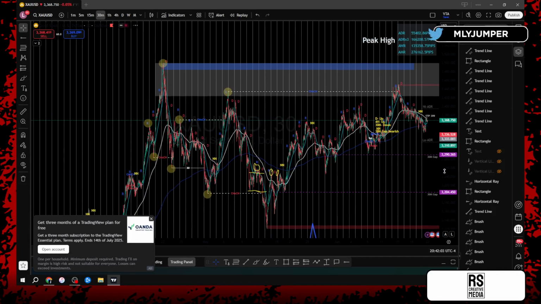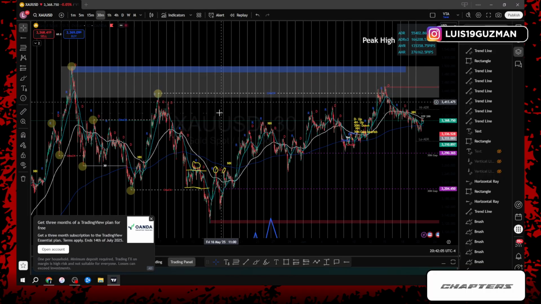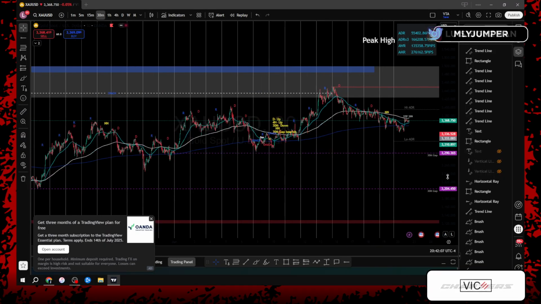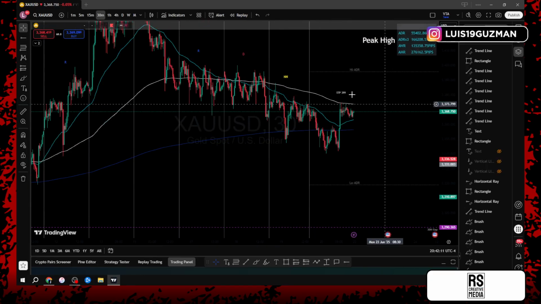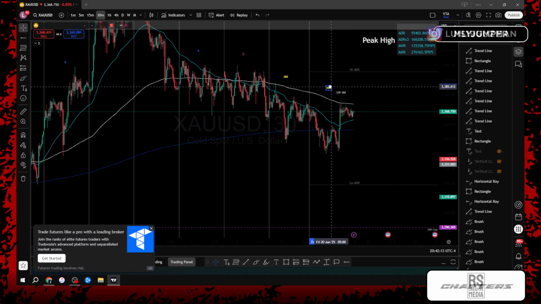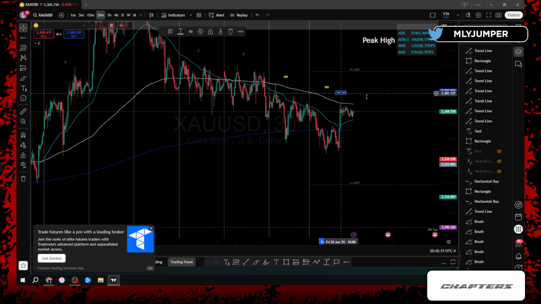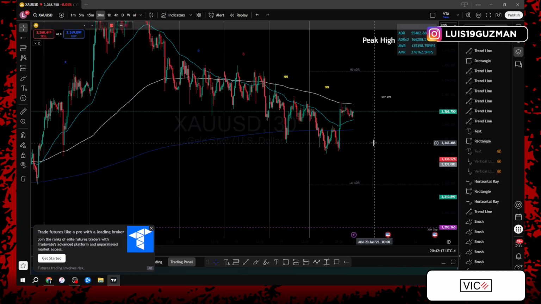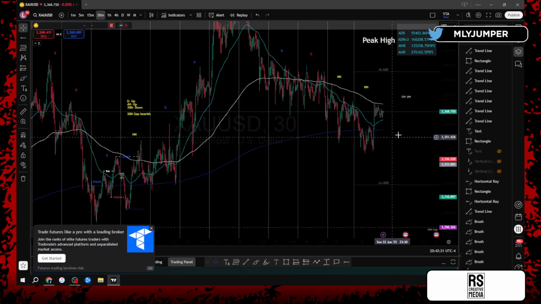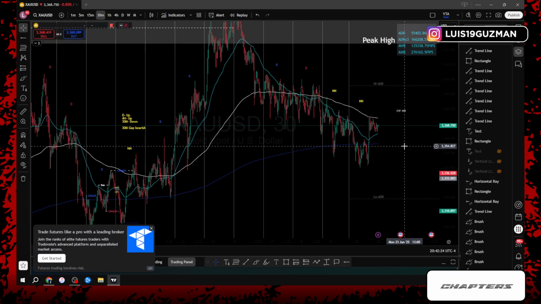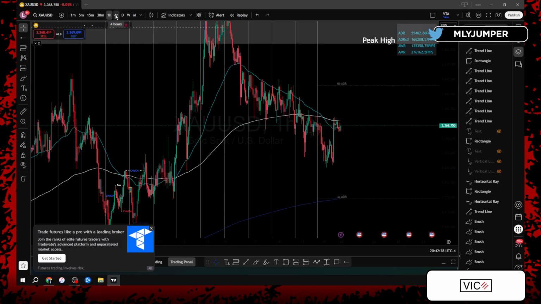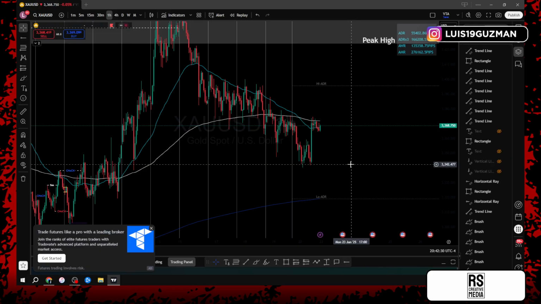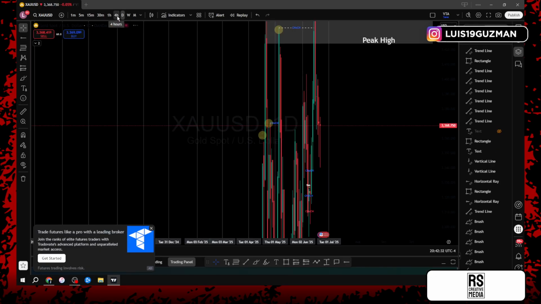At this point, we know that we're trading between the change of character and the higher high, still no valid break, so we still don't have a valid confirmation as to where price wants to go. We are sitting at the 800 EMA, still no valid break of these lows just yet. So again, no confirmation that price wants to continue to go lower. And that's good. I do want to see price push up on gold, right? There's a little bit of confirmations here that we have.